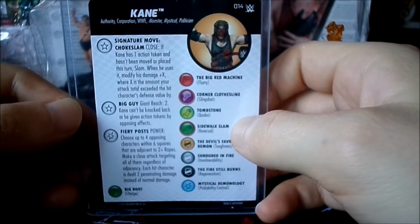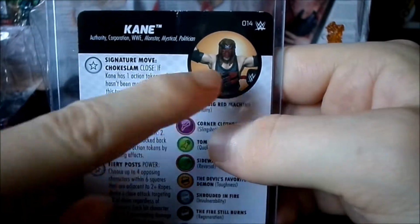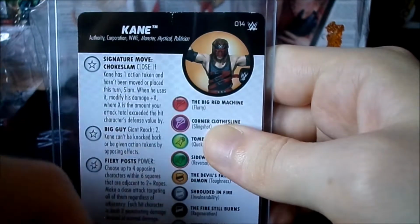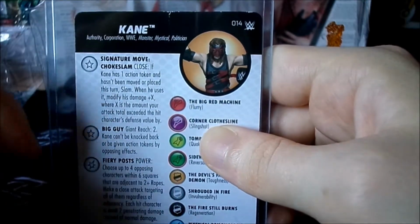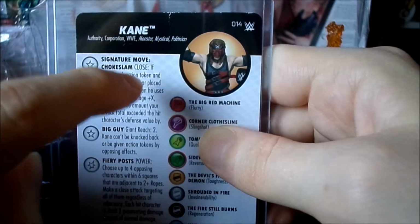So the first thing you see on the card is one of the reasons why I think I'm going to play this guy a lot. This guy has a lot of keywords. Authority, Corporation, WWE. I mean, WWE is obviously shared by all of them. I doubt Authority or Corporation are great keywords, but I guess we'll see. But the point is, we've got 3 keywords there already, and then we've got 3 generic keywords, which are Monster,